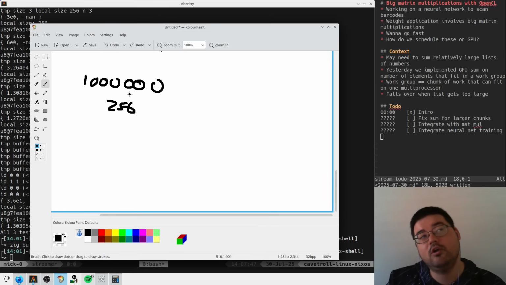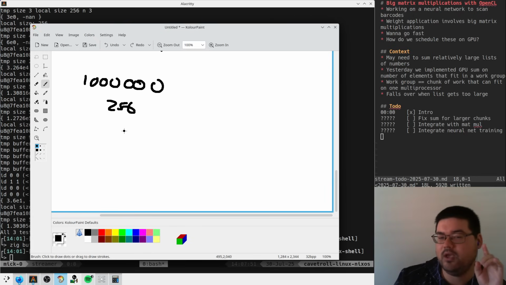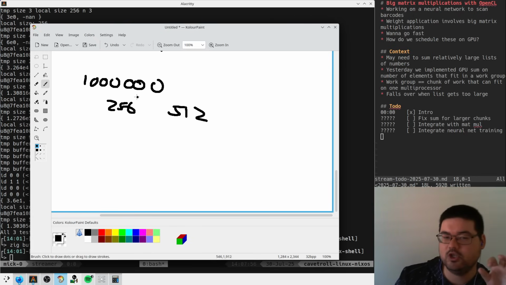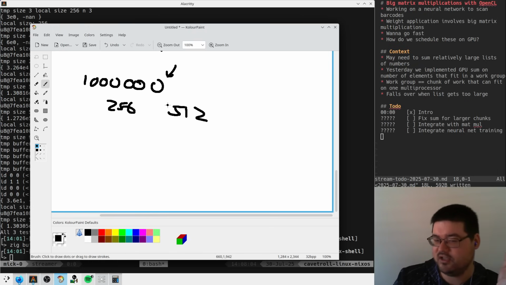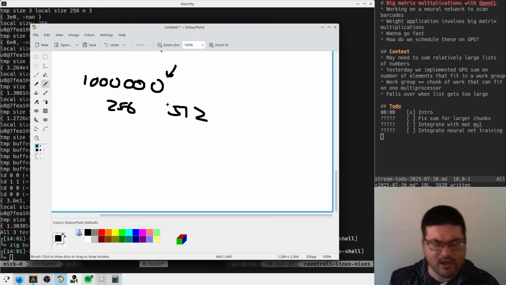We can do 256 operations at once, which means that we can actually sum 512 numbers, because each core in this 256 block will look at two numbers, right? So we can sum 512 at once. So we need to break this up into chunks of 512 and then recursively sum those. Because